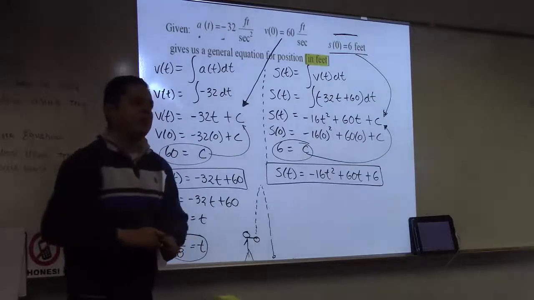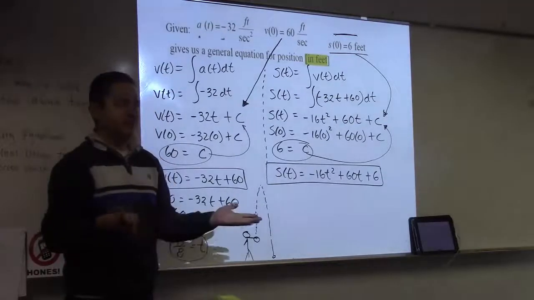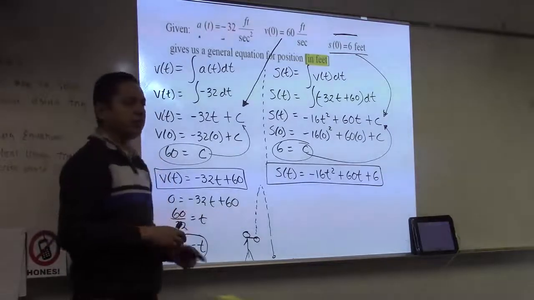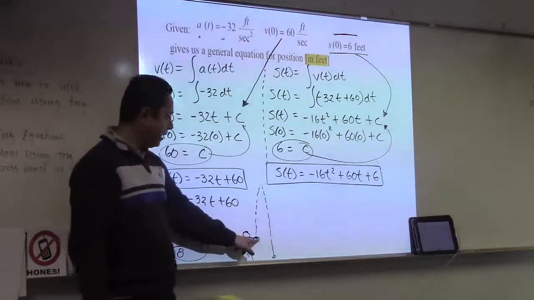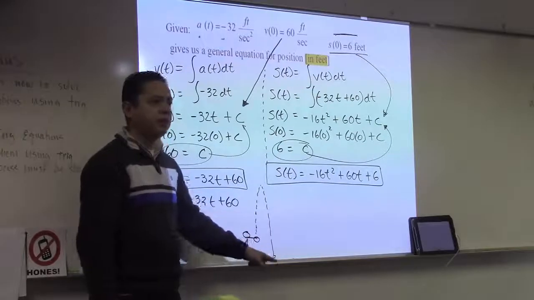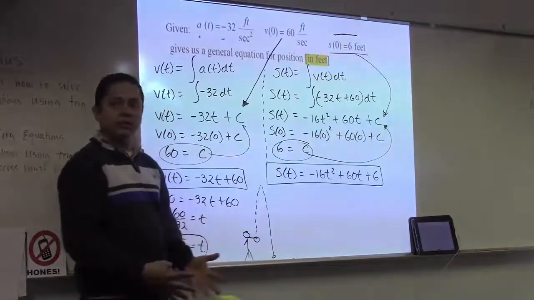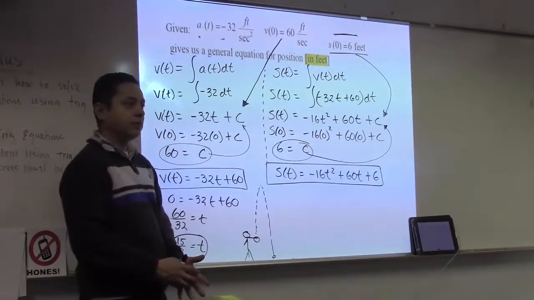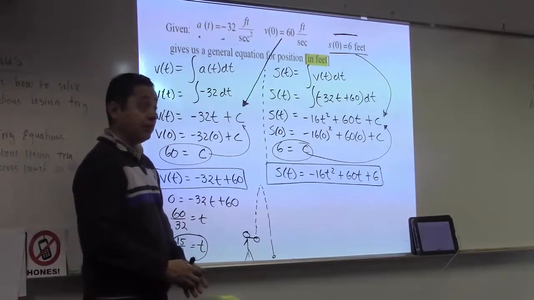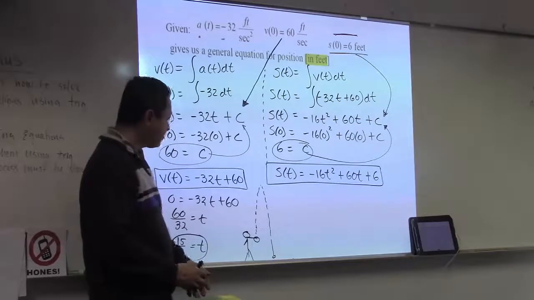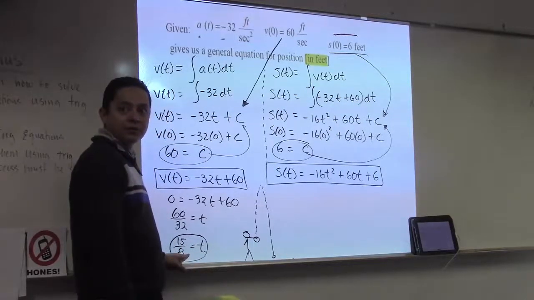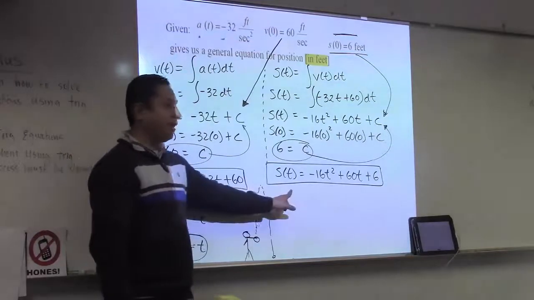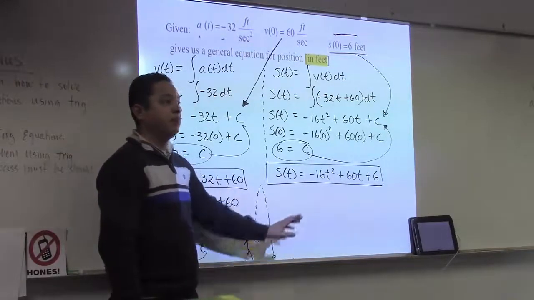What does that mean though? Yeah, that the velocity is 0 at that time. Which time is that? Is that the time when it's in my hand, the time when it's on the top, the time when it's hitting the ground? What is it? When it reaches the top. Exactly. Very good. So now we know when it reaches the top. So how high does it go? Plug it into S of t, and that will give me the position